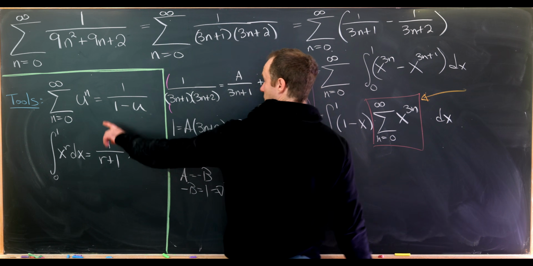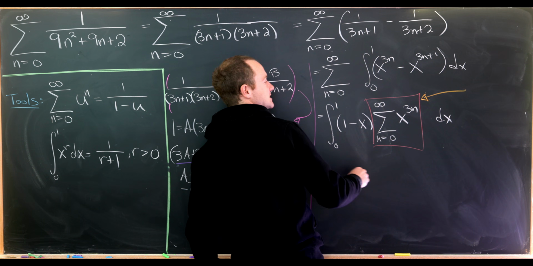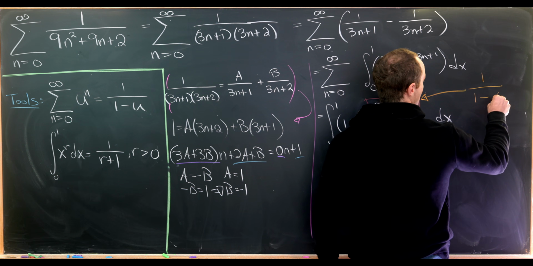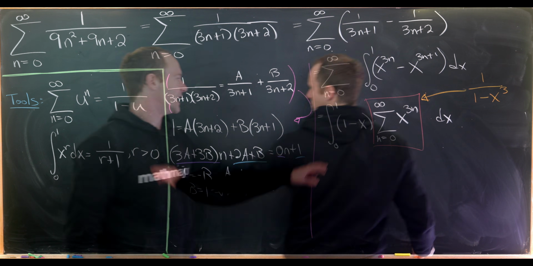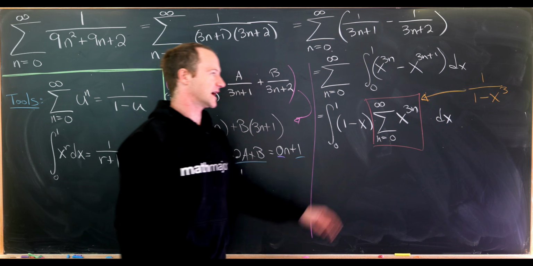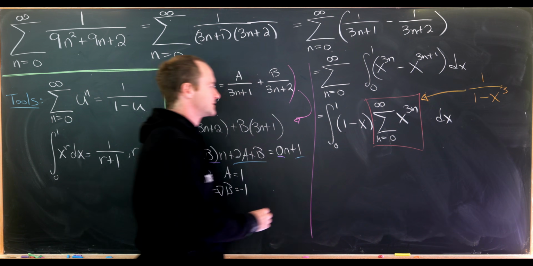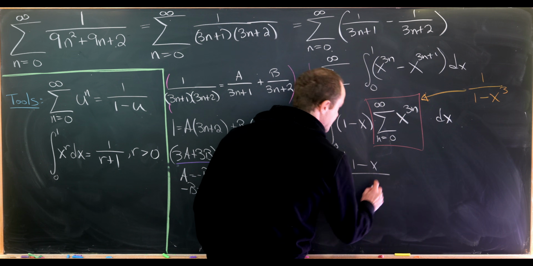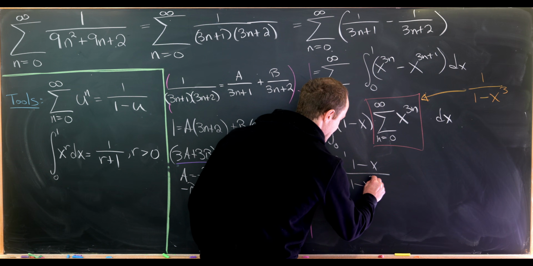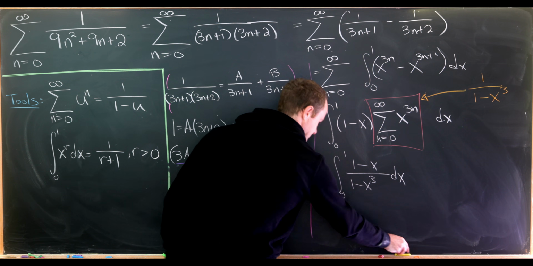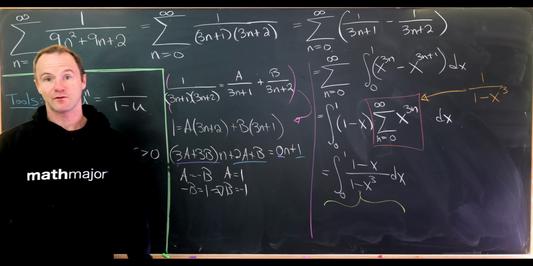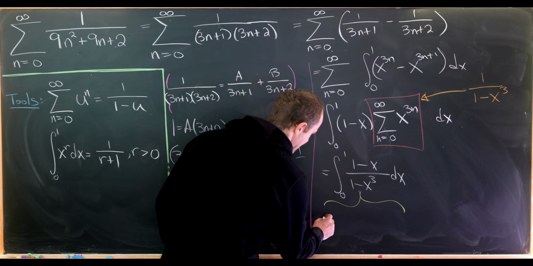And so here, the role of u is being played by x to the 3n, so we know this adds up to 1 over 1 minus x cubed. Again, because the role of u is being played by x cubed. Okay, so that's going to leave us with the integral from 0 to 1 of 1 minus x over 1 minus x cubed dx. But next up, there's a standard factorization for difference of cubes that allows us to factor